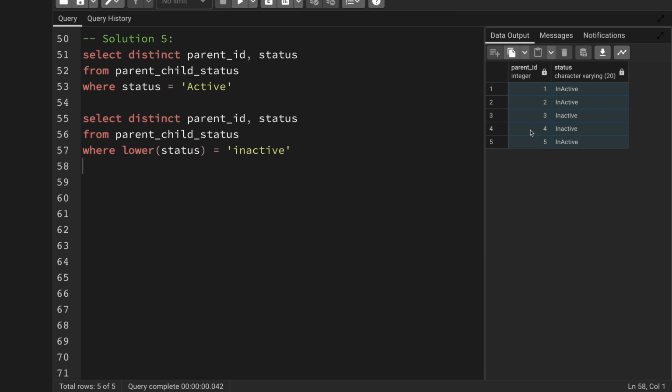Okay, so I'm getting all the 5, but I know as per the logic that I need to apply, only 3 and 5 need to have the inactive record, right? Because 1, 2, and 4 are having active childs as well. So to eliminate those active parents, I'm just going to put another condition here saying that